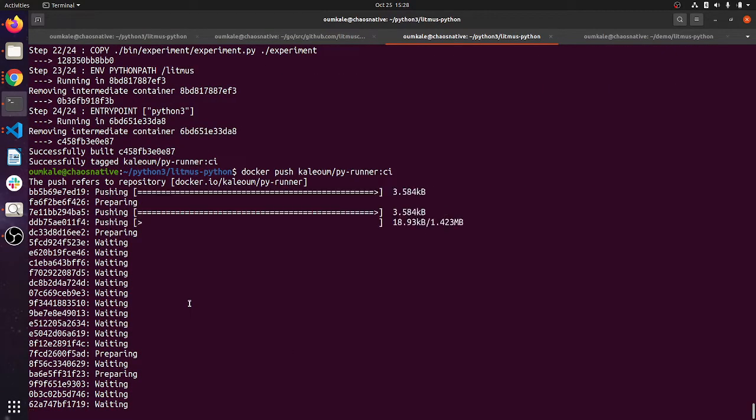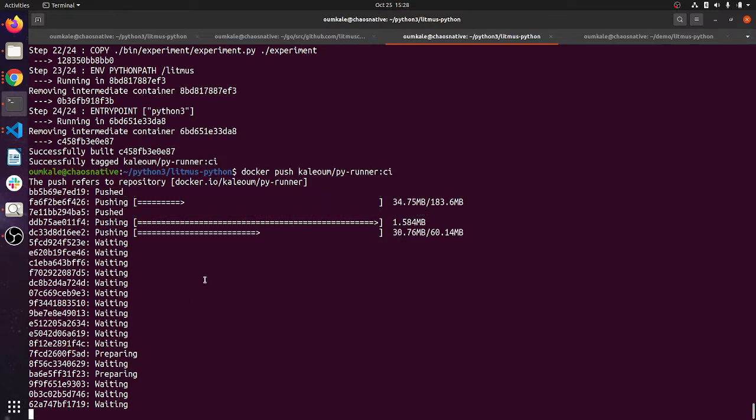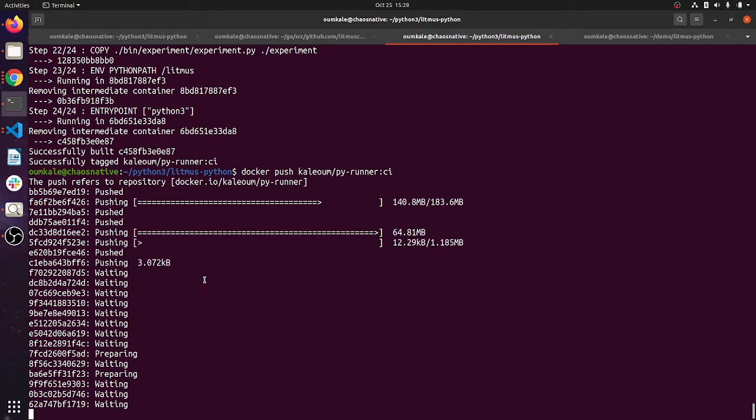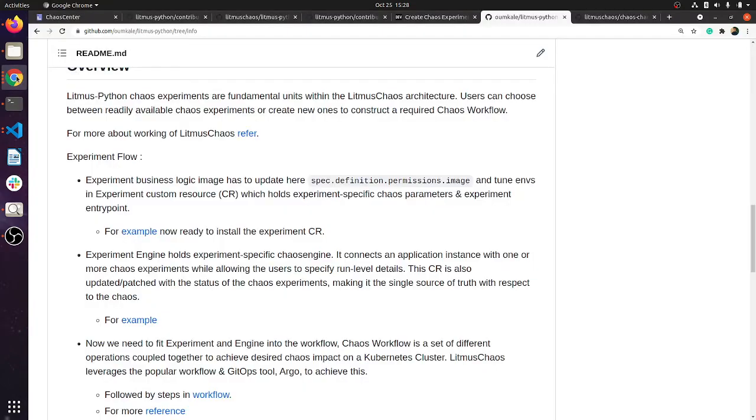It is getting pushed, so wait for some more time. Okay, so let's continue. This is the example we have provided for the experiment that we have recently seen.